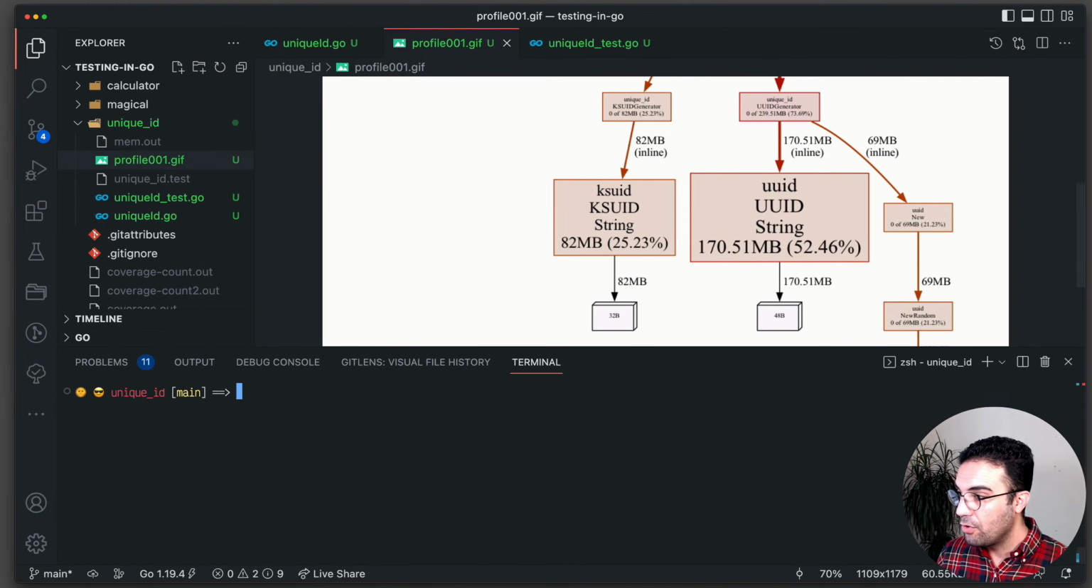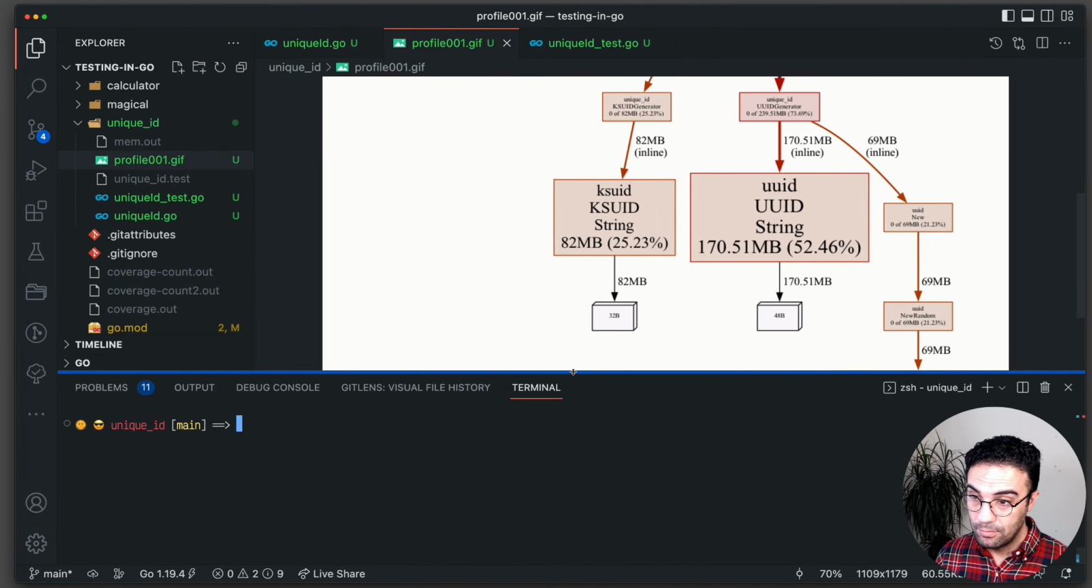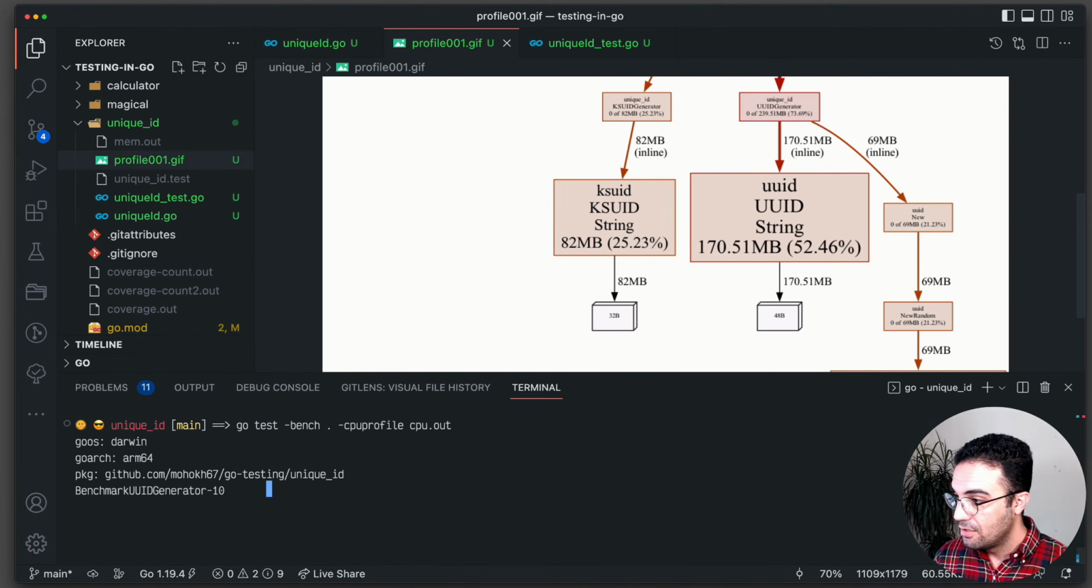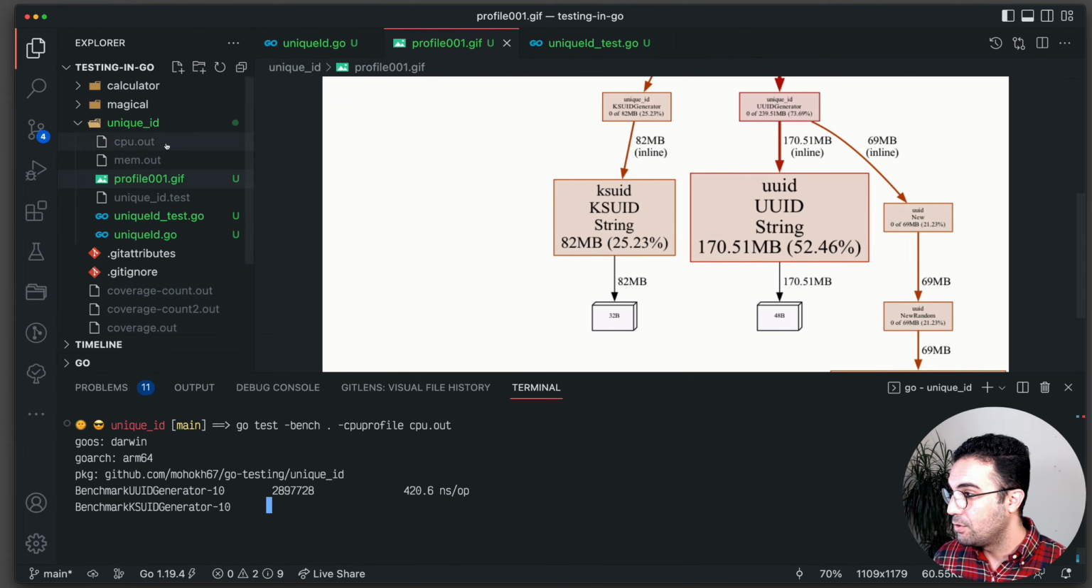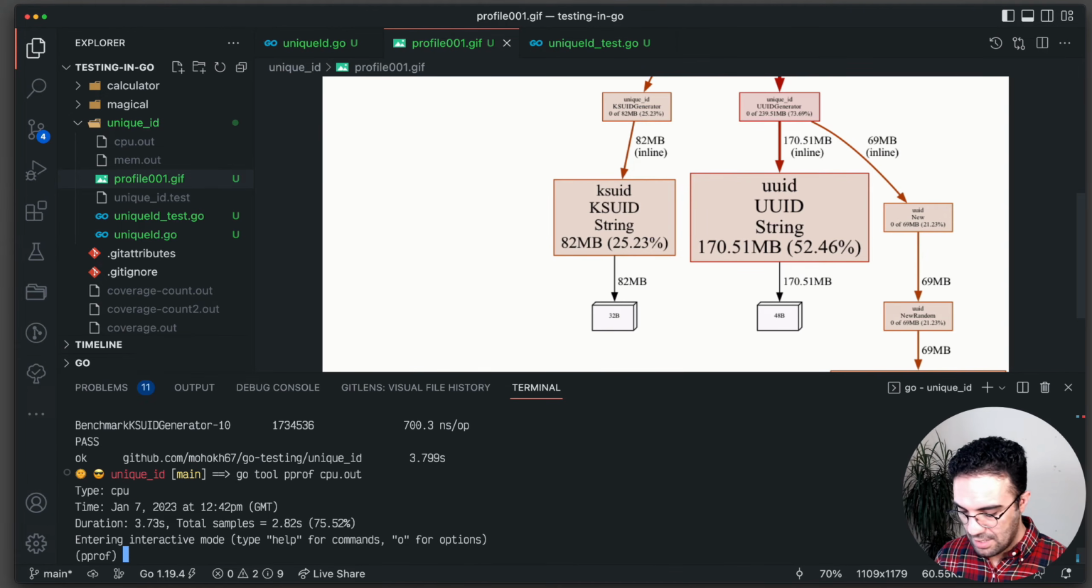So let's do one more thing here by just creating a profile for CPU allocations and then actually visualize that one as well. In order to create a CPU profile instead of mem profile, you can just say go test -bench. Now instead of mem profile, you're going to pass -cpuprofile and then cpu.out. So it will run the test, create the cpu.out here on the left side. And again, what we have to do here, I'm going to say go tool pprof cpu.out,